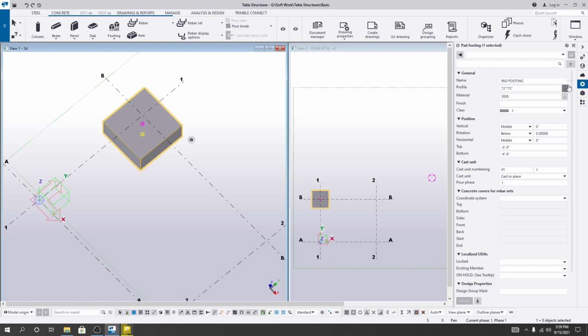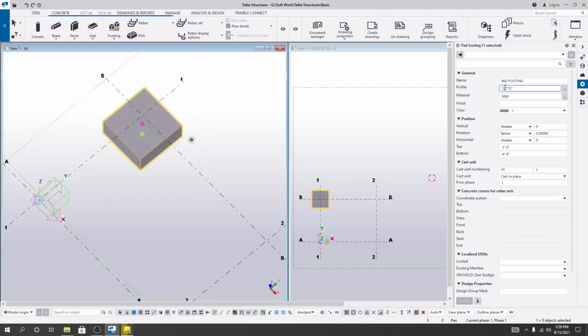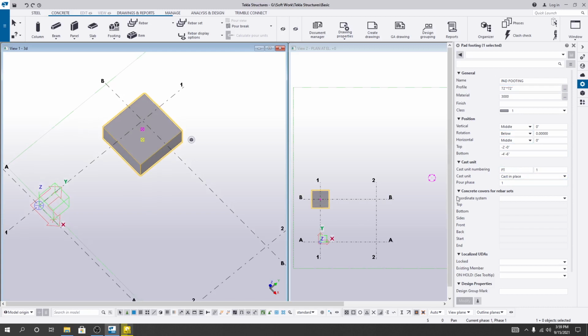So by clicking here you can also change, or you can also take your materials property, no problem. And here you are seeing the size, and I'll just close it. Simply I'll provide here, actually has the profile, 72 inch into 72 inch size column. Now if I just come here, how much below we need our foundation. So if you just provide here 0 0 and click here,